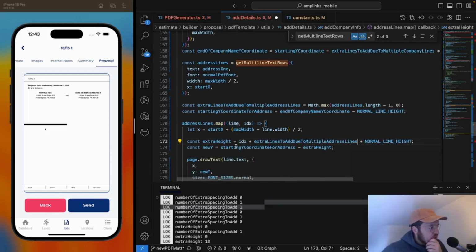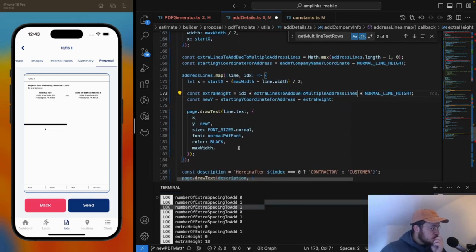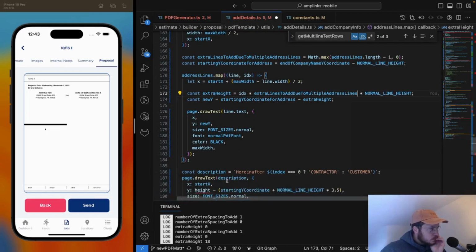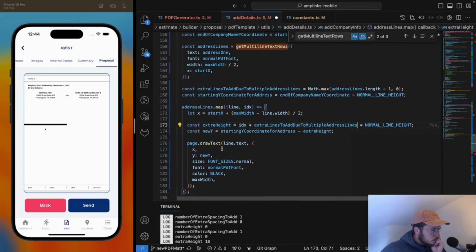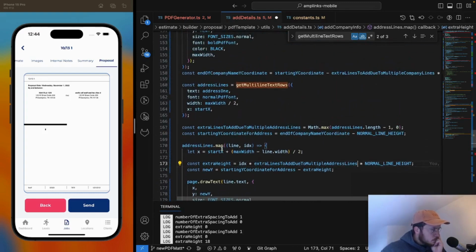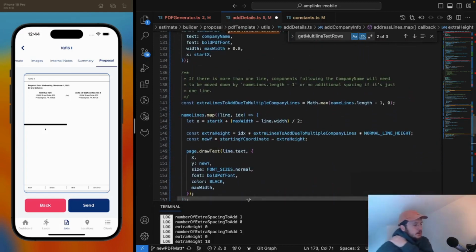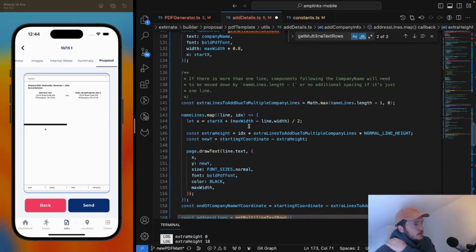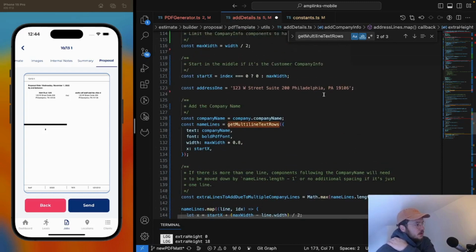And this is the same. Okay, and I think we can extract this out even more to something like